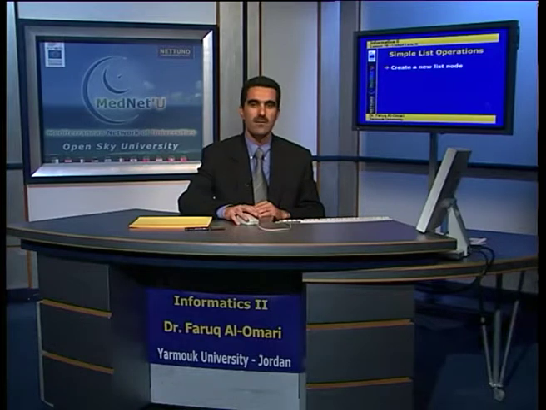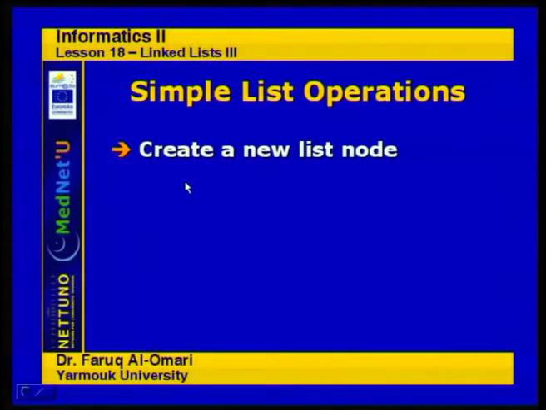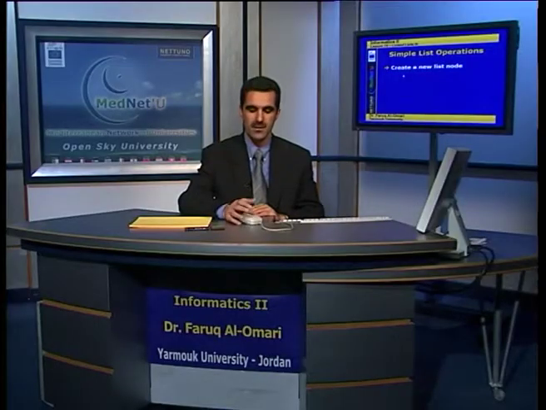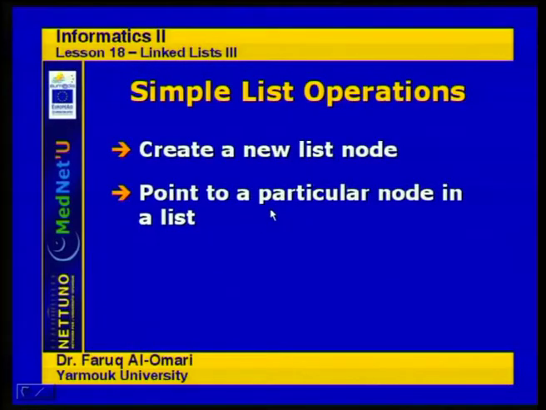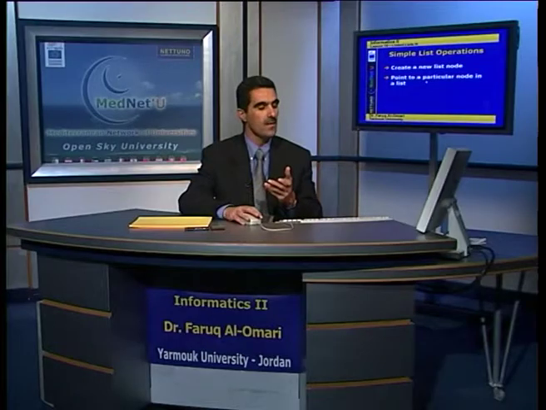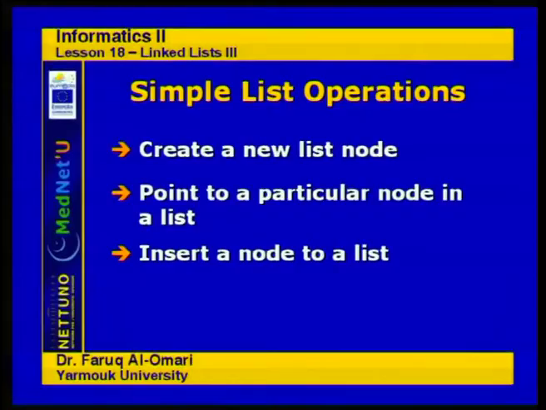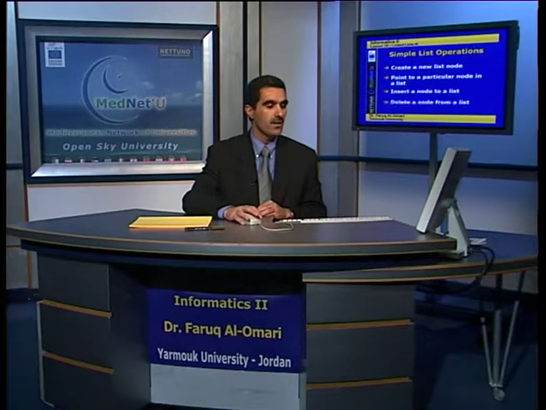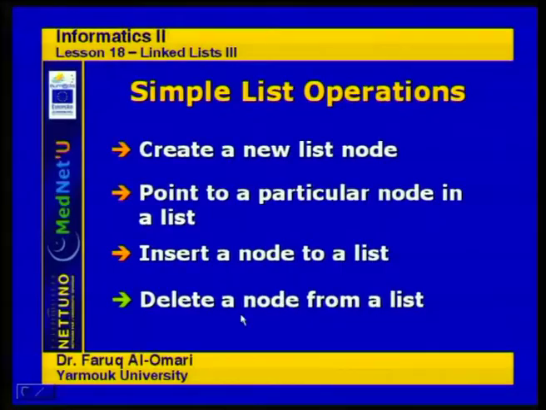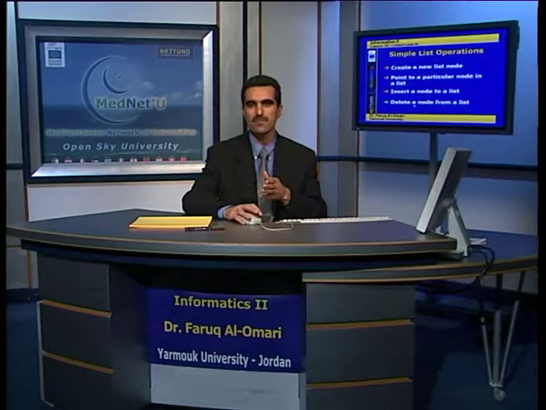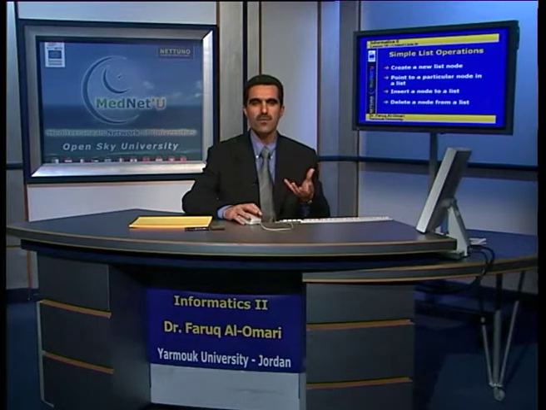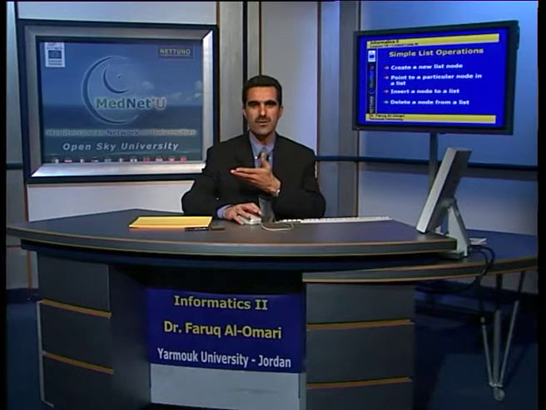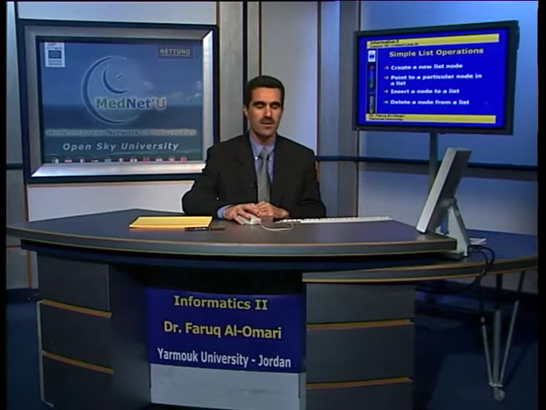Part of these operations is creating a new list node, and we already did that. And then we have talked already about setting a position of a particular node in the list. And then we know now how to insert a node to a list anywhere along the list. Today we're going to talk about deleting a node from a list. So I want to go to a particular node and then delete it from the list, and of course keep the continuity of the list so that I don't lose any of the other information that I have in the